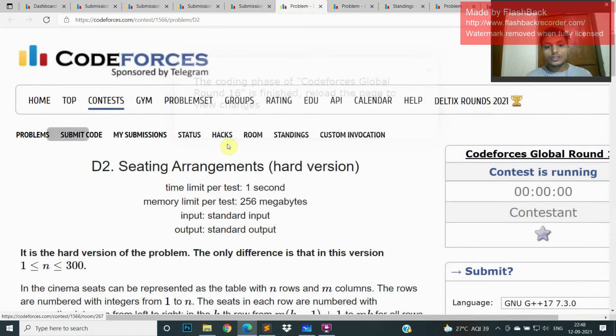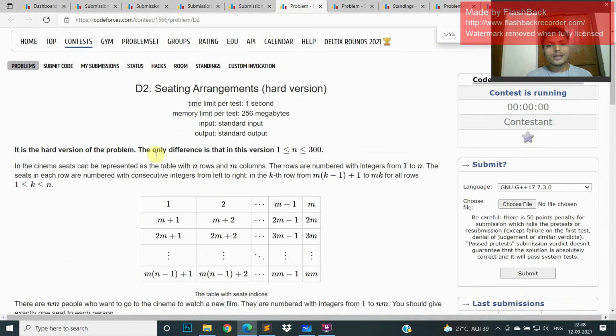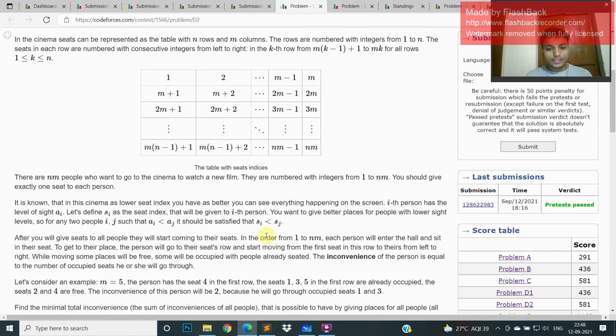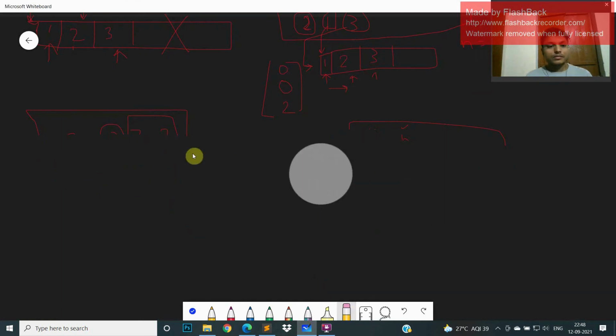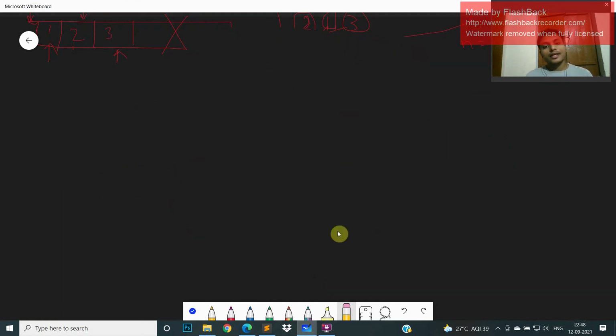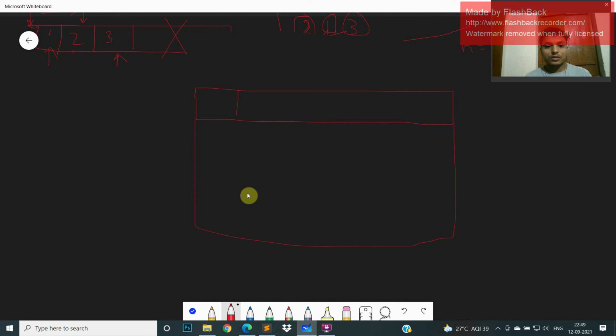Now this is the D2 problem. D2 is the same problem but with more rules. So the scenario is the same.